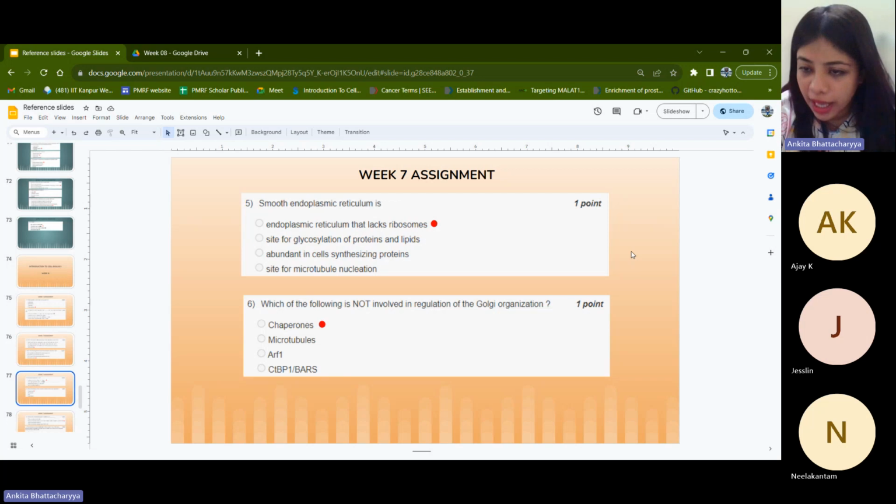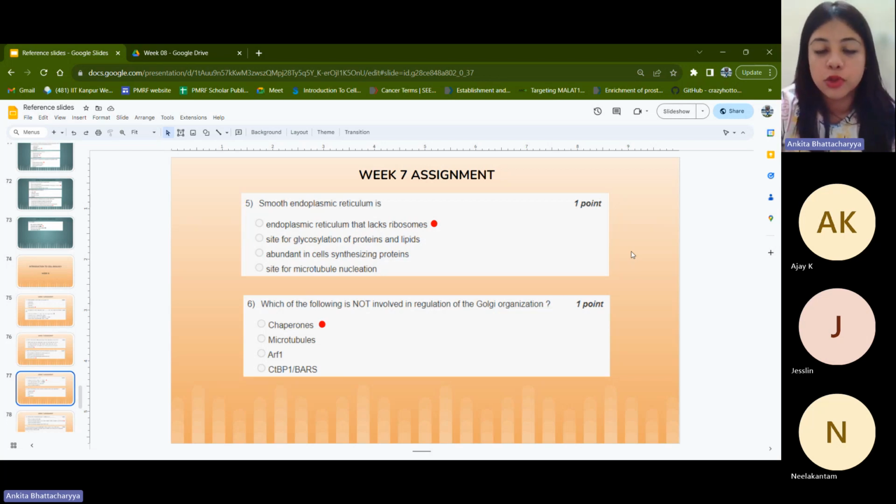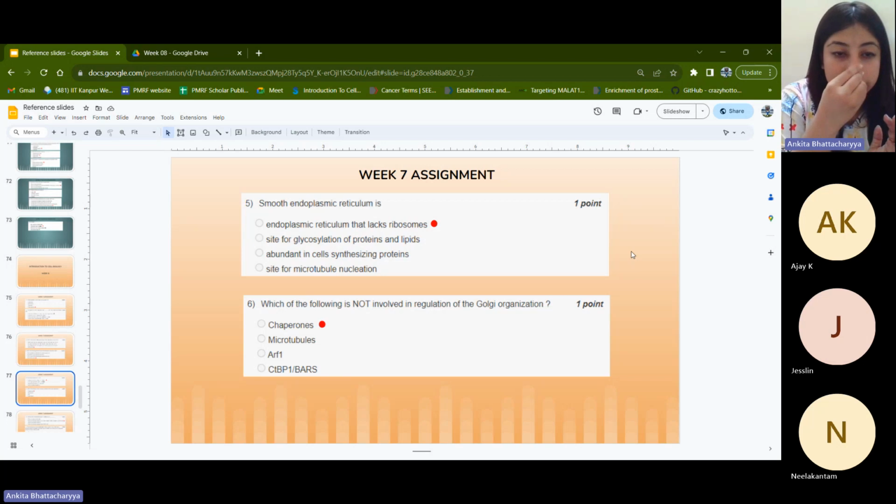Not necessarily. I think we had discussed this in the last session as well, that for a cell that is very actively carrying out protein synthesis, the molecular machinery that needs to be available in abundance within the cellular environment has to be the ribosome. So when the ribosome is enriched, you expect that the enriched subcellular compartment would be the RER, which is the ribosome-associated endoplasmic reticulum. So option 3 would be true for rough endoplasmic reticulum.